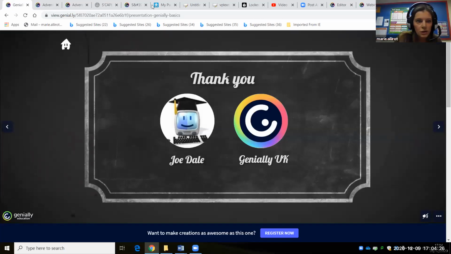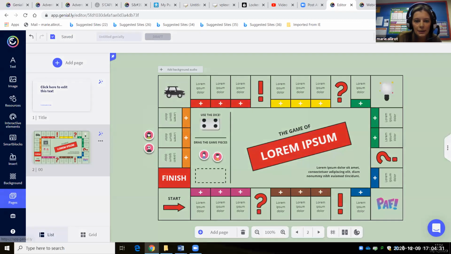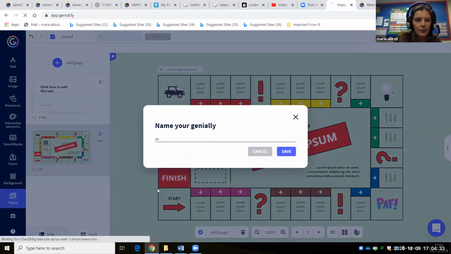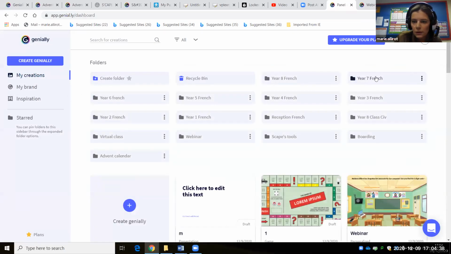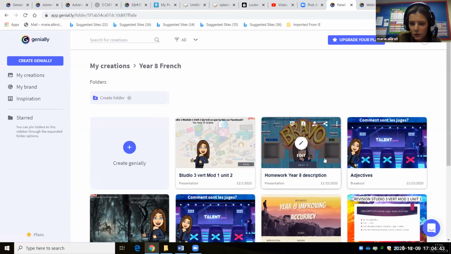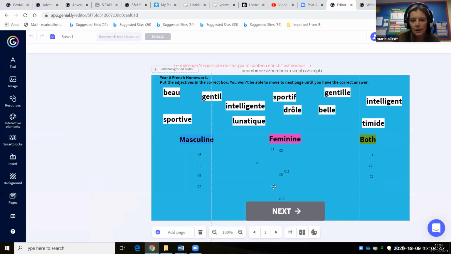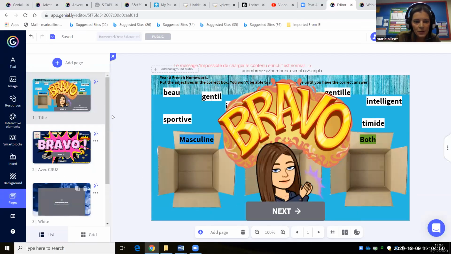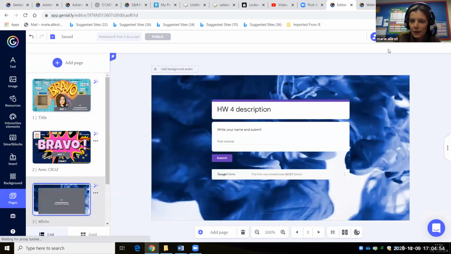So if I share my screen, if I go to my Genially, I'll show you one I've done, but I can't remember exactly how to do it. If I go to my Year 8, I know I've done some homework. So for example, this was a piece of homework. They had to complete it, and then at the end there,